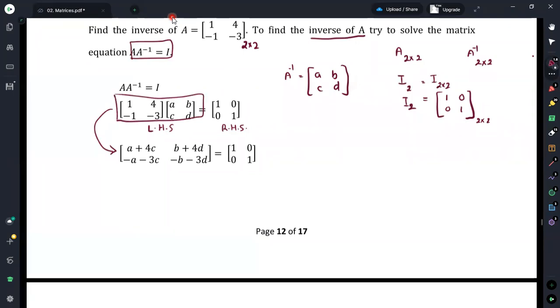Now we can see that for the left hand side we have a 2 by 2 matrix, and for the right hand side we again have a 2 by 2 matrix. Now it says that these two matrices are equal. If you consider the conditions of equal matrices, the number of rows should be equal, the number of columns should be equal, and then the corresponding elements should be equal. Therefore, the first two conditions are satisfied. So, to be equal matrices, we can equate the corresponding elements.